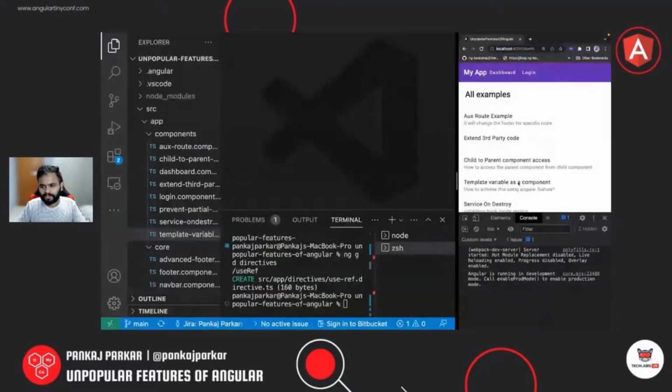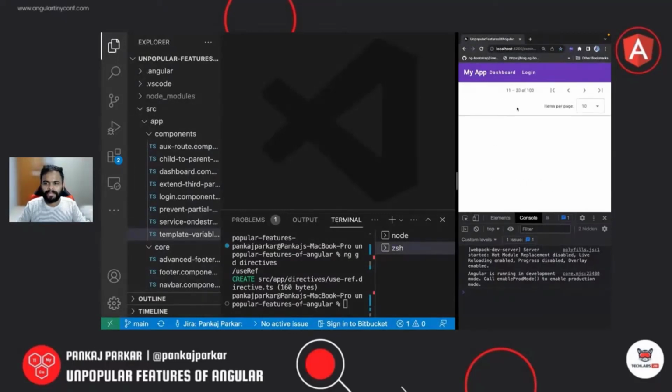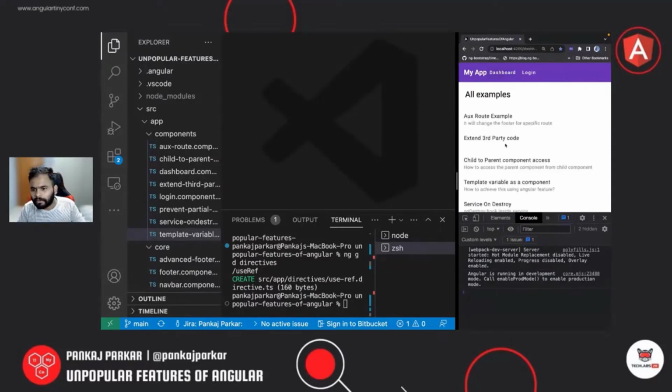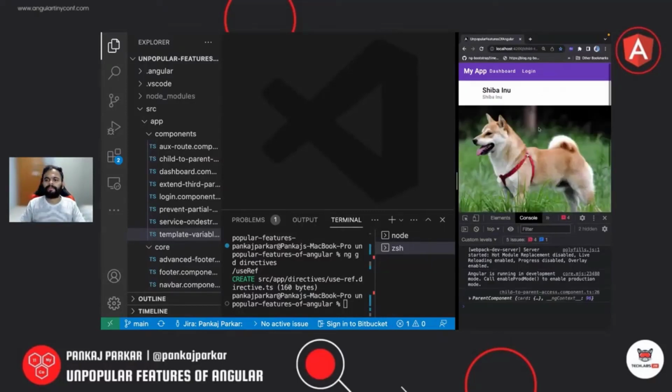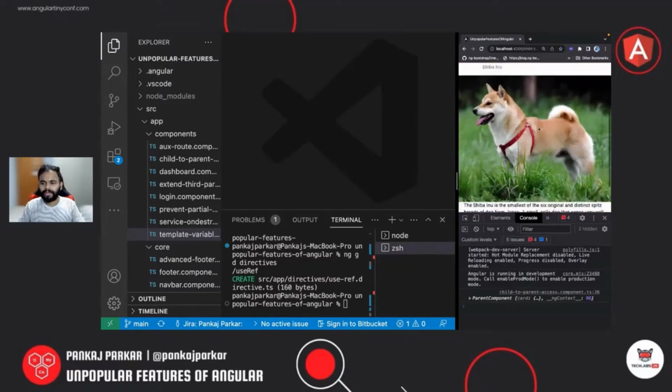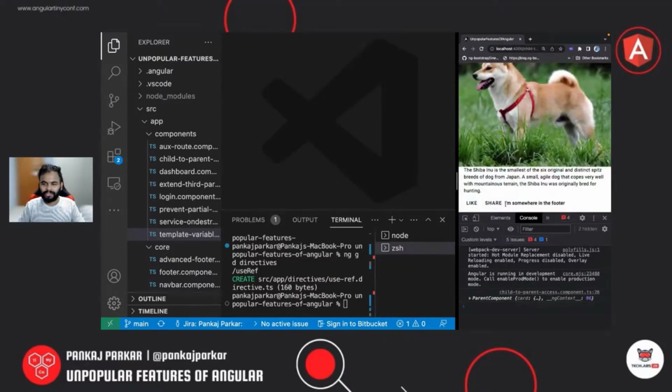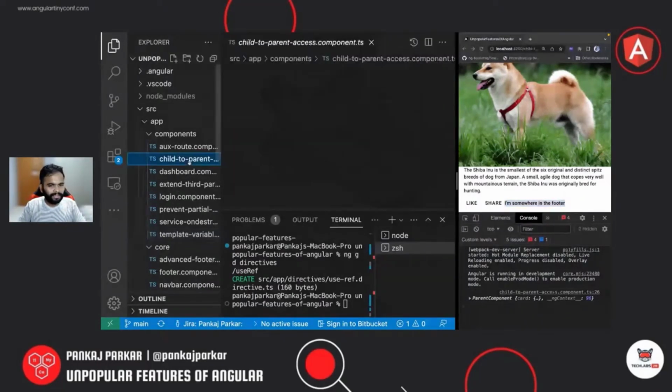Okay, let me close this, and okay, dashboard. And so basically, sorry, child to parent, yeah. So basically I have this component, and I told you I placed one component at the footer of the card. So this is the component. Okay, let's look at the code a little bit. The code is here,